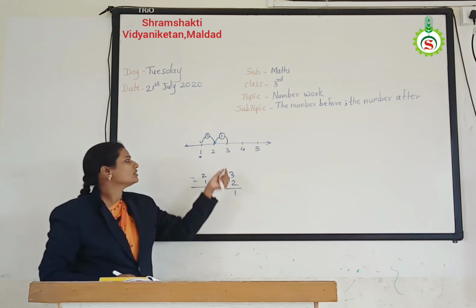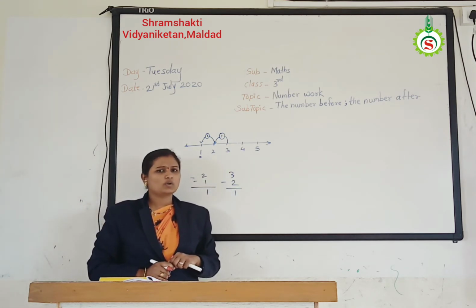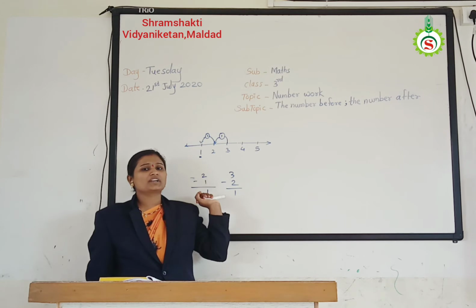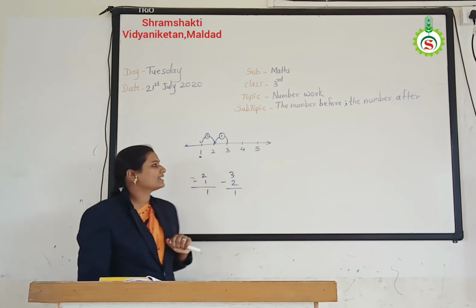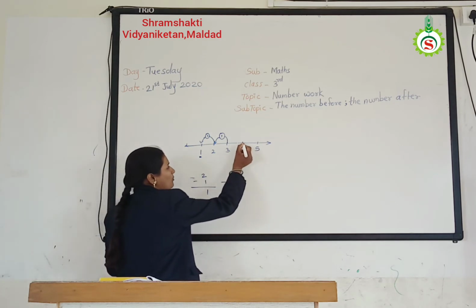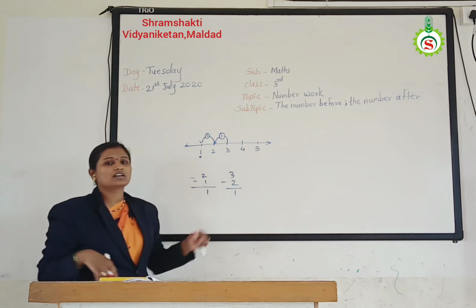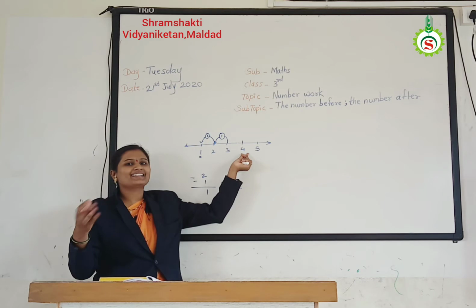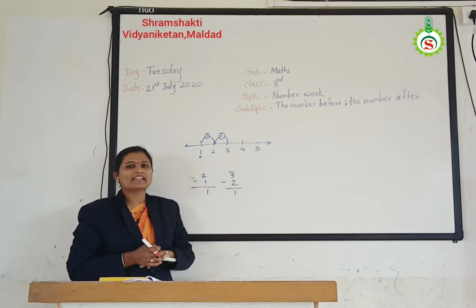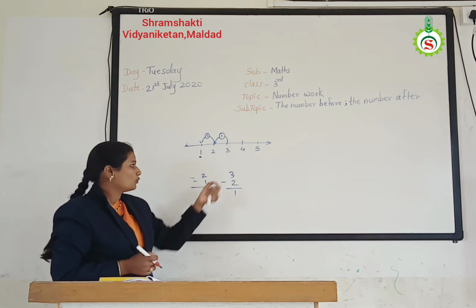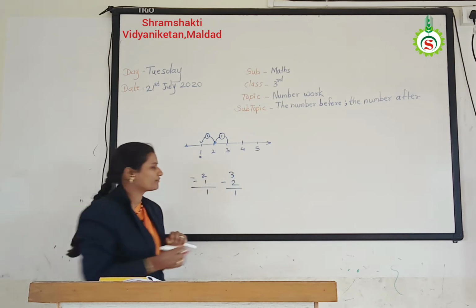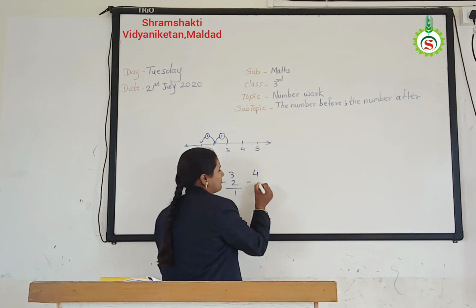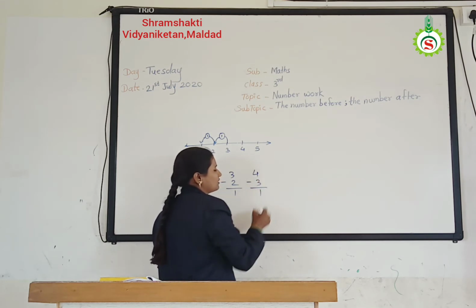Then 3 is the given number. Okay. What is the next number? 4 is the next number. Correct. Then how much 4 is bigger than 3? How to find? We subtract 3 from 4. 4 minus 3, we get 1. Means